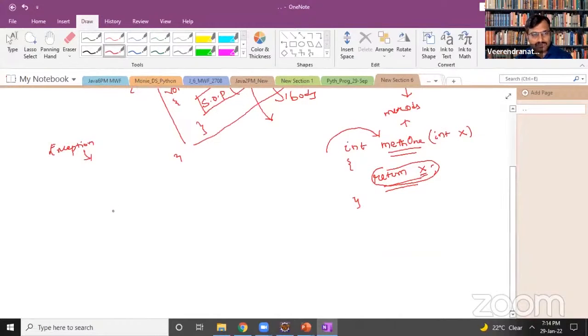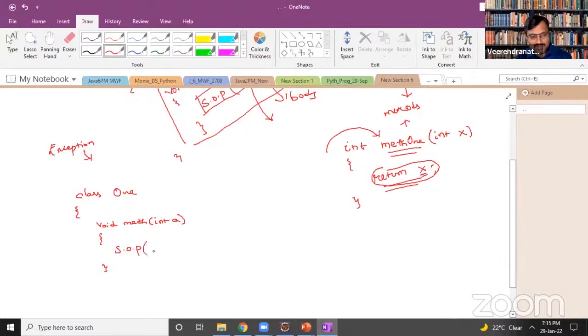Say we have a class containing a method, and the method should have a return type, with int a, which is nothing but a parameter, and this is going to be an expression.